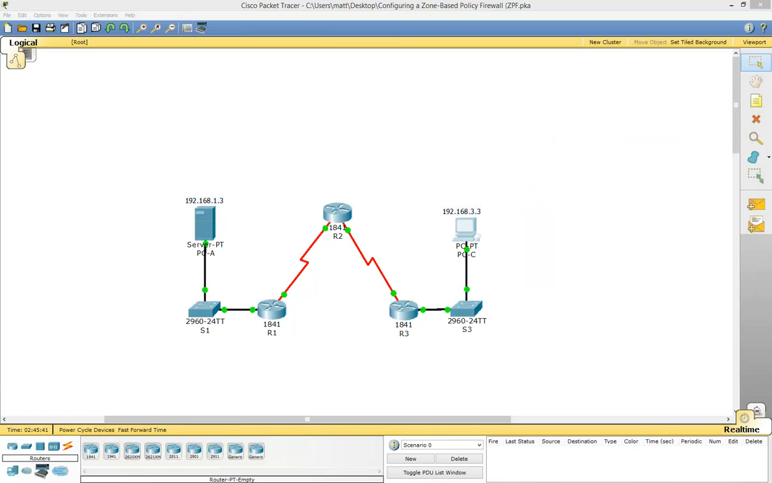Oh, hang on, what am I doing? I'm going a step forward. The first thing we've got to do, I'm getting ahead of myself here, is we need to create our internal zone, okay? So we need to use our